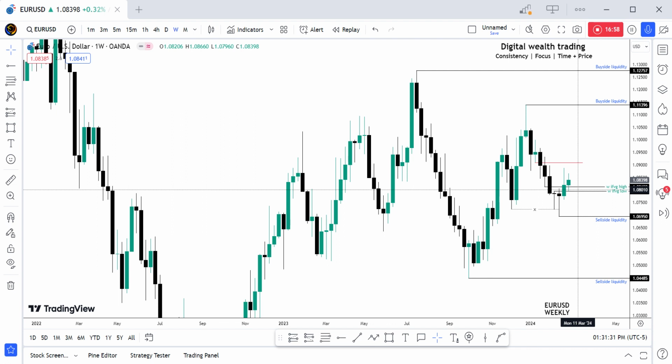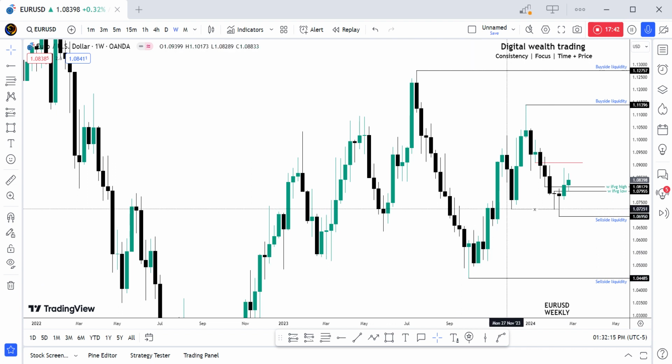Now, I have an added contest, which is if EU, which is euro, prices into a subsequent lower time frame bullish PDRA, I will be in a net long position, as it might not retrace any further lower. What I mean by that is if I go on a lower time frame and EU prices lower into that, I'll be in a net position, but I'll be more conscious that we might actually retrace. But I'm not waiting until we retrace into this low. I'm going to be in a net position higher, and also manage the trade not to come back into a loss if we're actually coming back to this area.